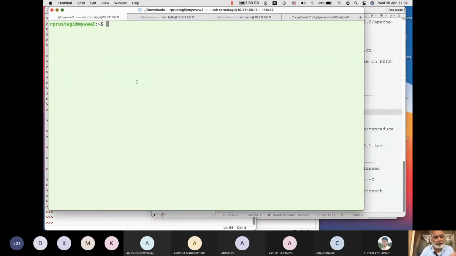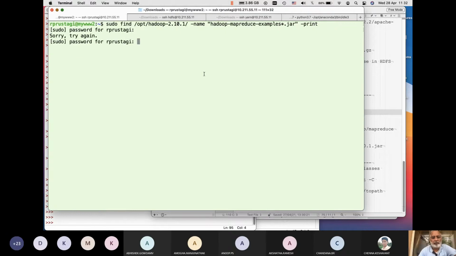Look, my lab cluster is down. I think because the college closed, they probably shut down all the UPS, so I can't access my Hadoop cluster in the lab. So I set up a simple Hadoop node on my desktop or laptop, and that's what I'm using. Since my installation happens to be in opt Hadoop-2.10.1, let's see which one. Sorry, it's asking for a password. I made a mistake.